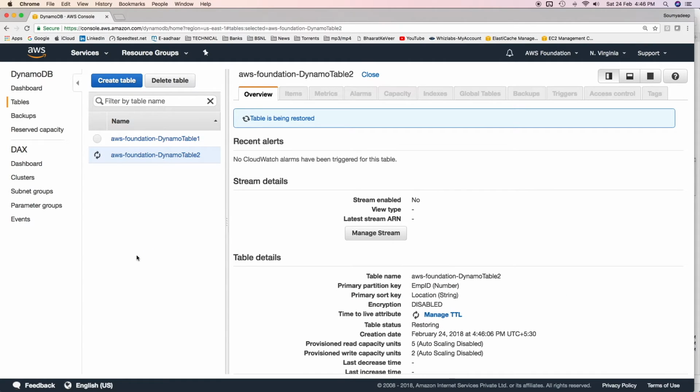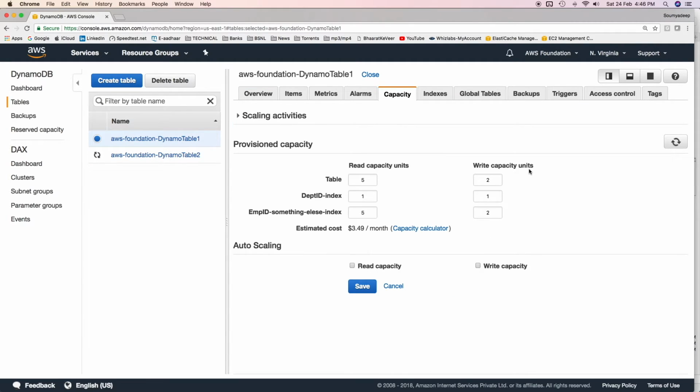Now we'll see what things have been copied over from the main table to the restored table. We know that GSI, LSI, the capacity units and streams are backed up and restored. So the new table which is being created should also have exactly similar capacity units.